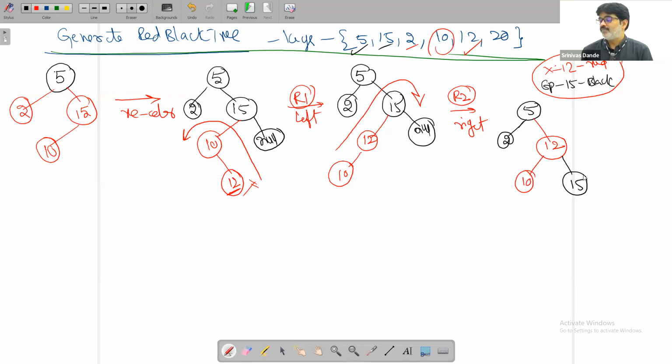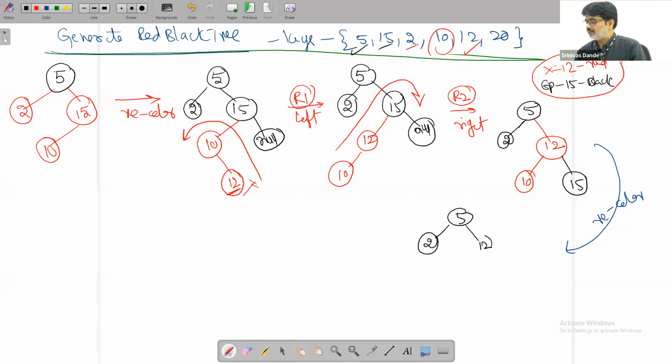After rotation, recoloring. Do recoloring. Recoloring, what to do? Just swap the colors of the grandparent and the current node. Current node X is the 12, which is red. Make it black. Let me draw this again: 5 and 2. So 12 is red, I have to make it black. Okay, done. Next, grandparent 15 is black. I have to make this red. And 10 is